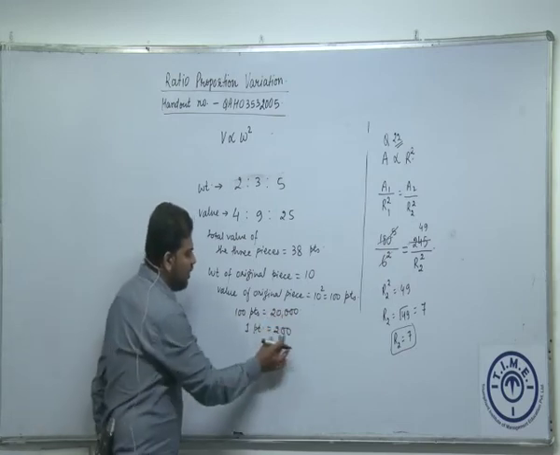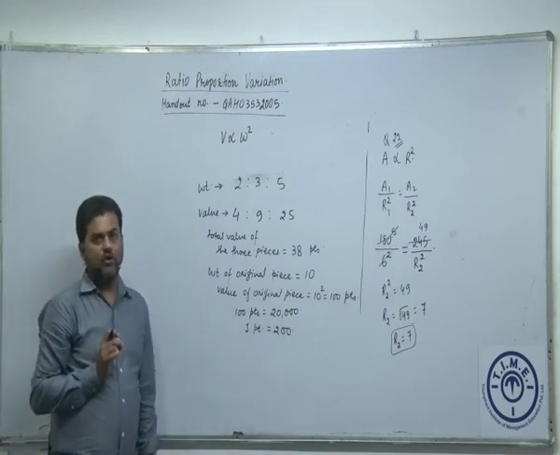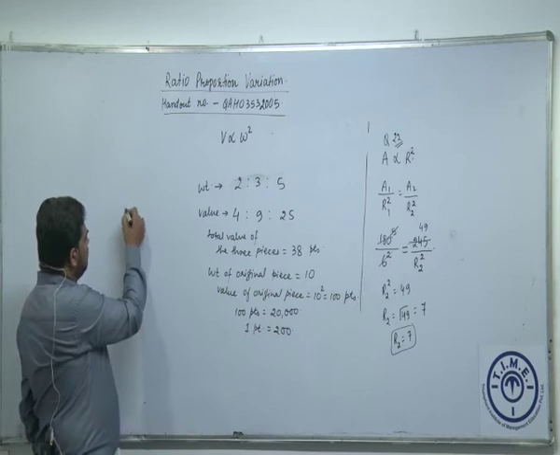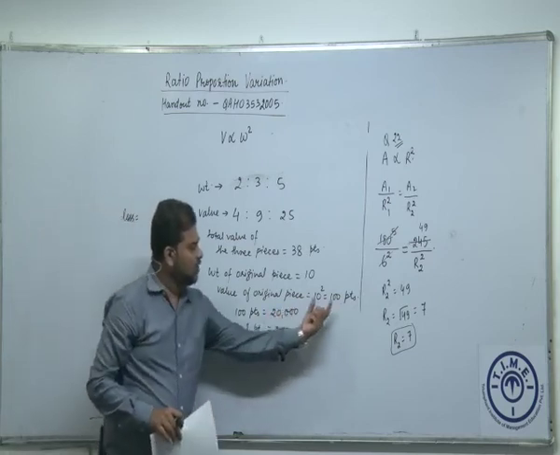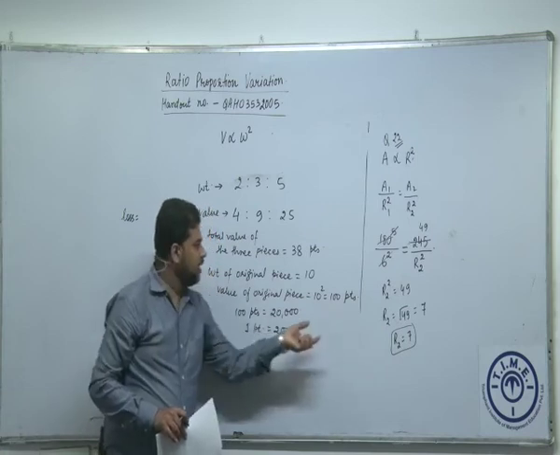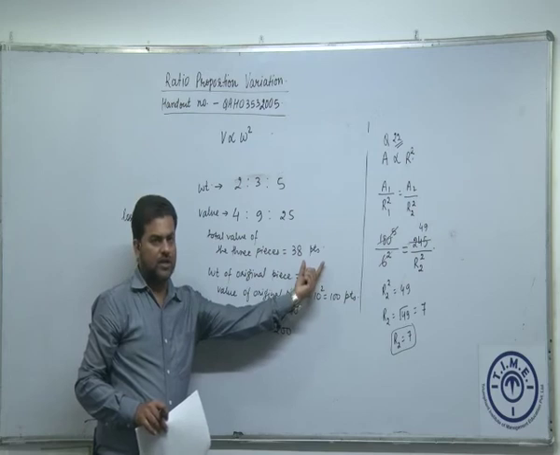The value of 1 point is 200. What is the loss in the value of the diamond because of the breakage? That is what they are asking. Can I say the loss will be equal to the value of the original diamond, which is 100 ratio points, minus the value of the 3 broken pieces total, which is 38 ratio points?